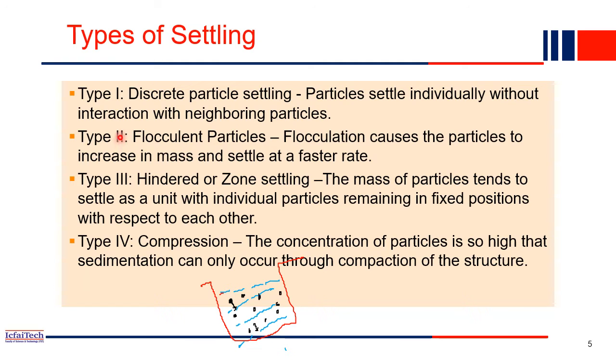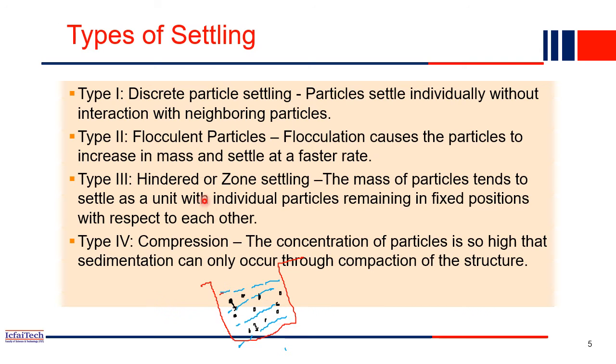Next we have type 2 settling. So what is type 2 settling? Sometimes the particle will be charged. It will be either positively or negatively charged, right? Because of the pollution level, a small charge will be there. If it is positively charged, it will attract the negatively charged particles nearby, and when the negatively charged particles come together, the mass of this particle will increase, right? Because the nearby particles are also attracted to this positively charged particle. So now the mass has increased, which means that because of gravity, it will simply settle down.